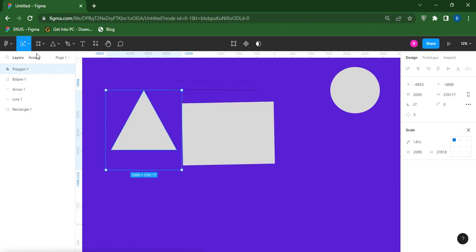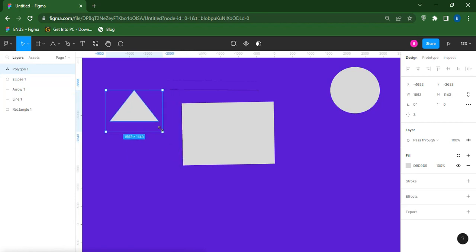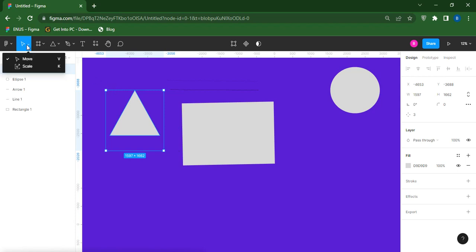Let's say for instance we are in move tool and we want to resize. You can see the difference now. You see, it's like it's deforming the shape that we are trying to move. But another thing that you can use, instead of coming to scale here, while you are still in move tool